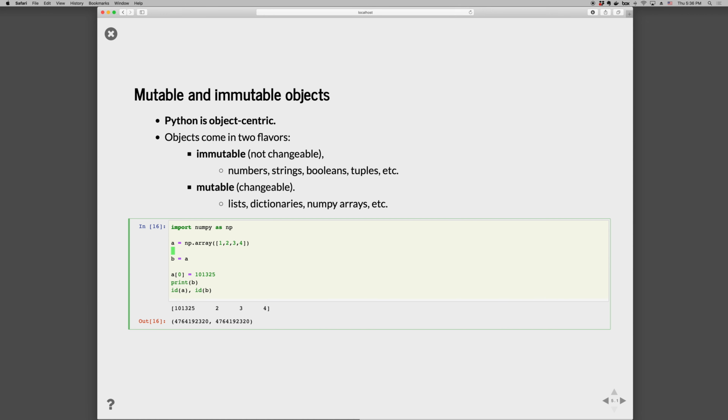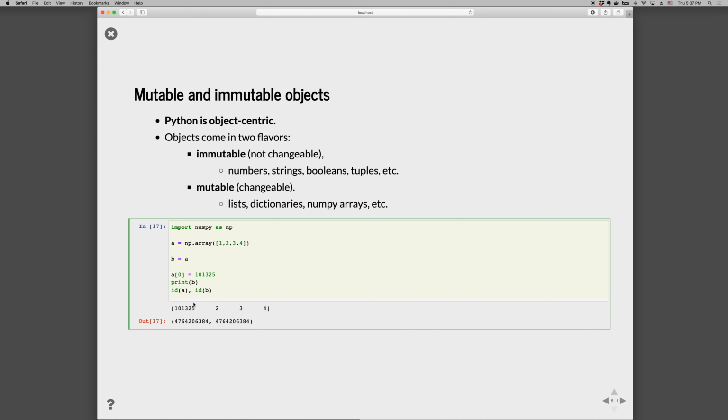B and a are both referring to the same underlying object, and we can see that when we go id a and id b, we get the same memory locations. Then what that means is if I change a0 to 101325, and then print b, then b is also 101325. And this is because they both point to the same object. So if I change the first element of a,